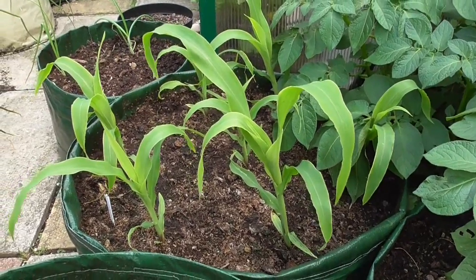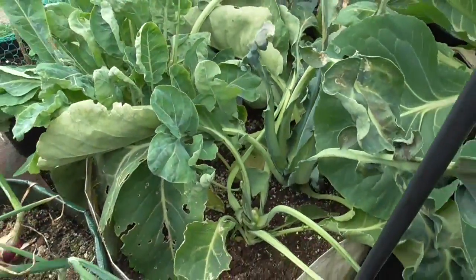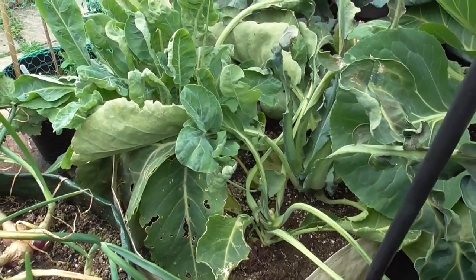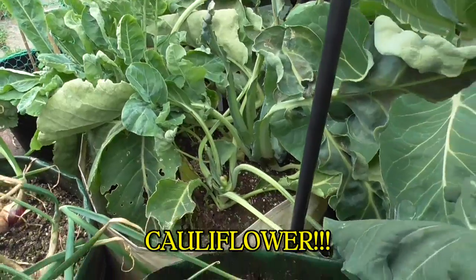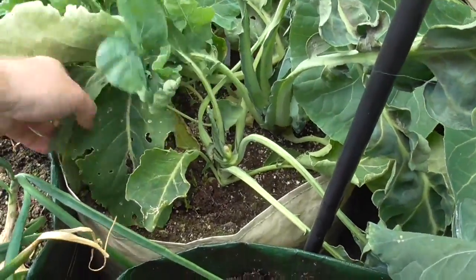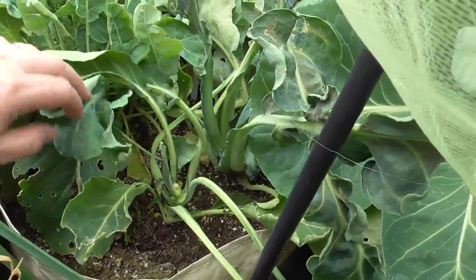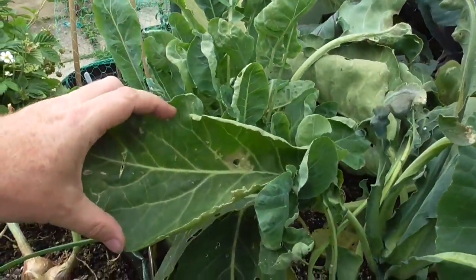So they are my young sweet corn. Well, for me, it's official. This weather is playing havoc with my cabbage. They haven't been eaten. Well, they've had a few nibbles, obviously, but you know, generally the leaves are okay,